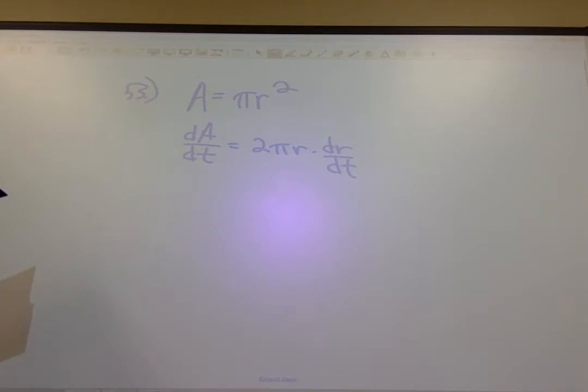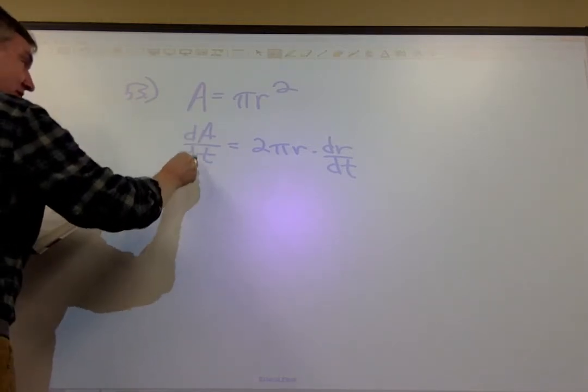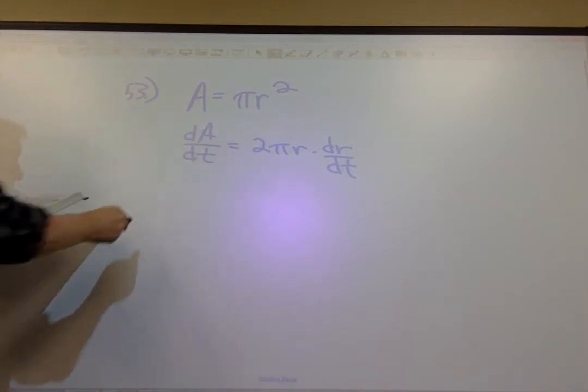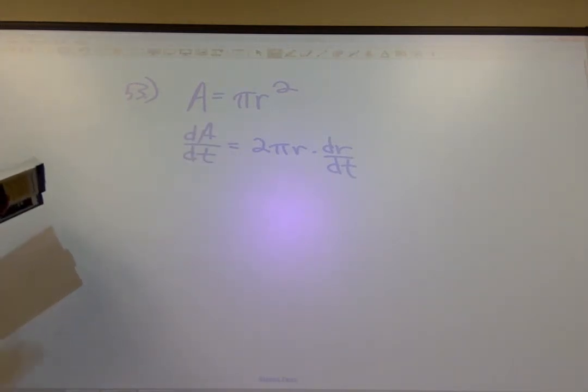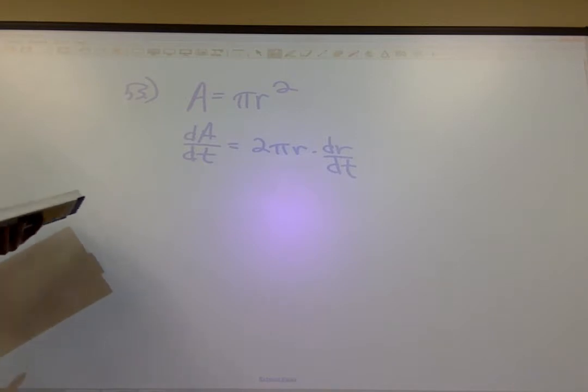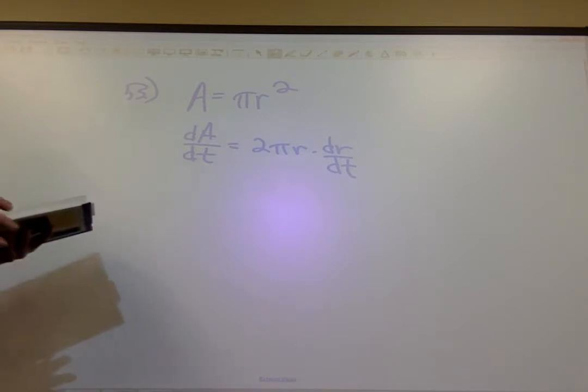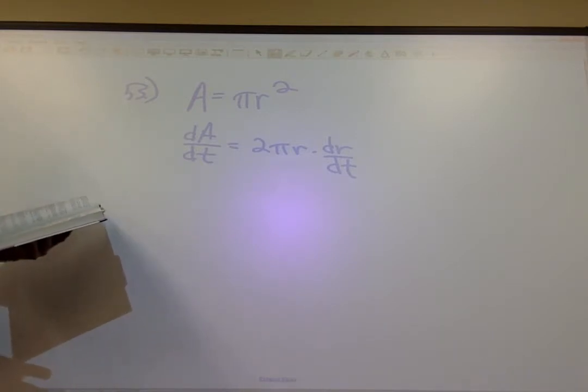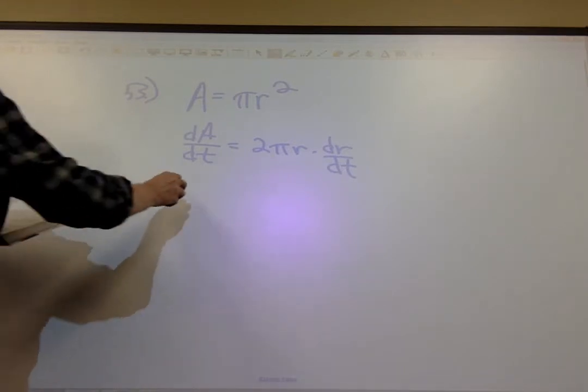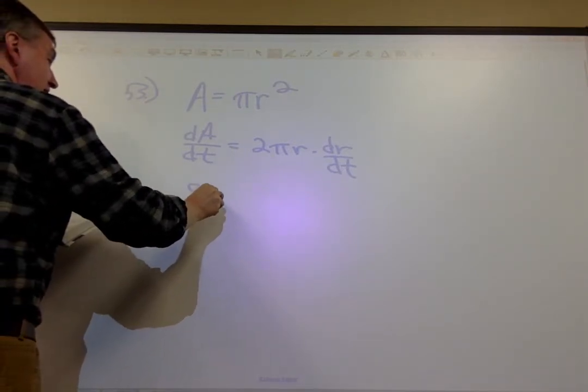When the area is 1,600 pi square feet and increasing at the rate of 80 pi square feet per second. What is the 80 pi square feet? Which of those? Is this 80 pi? dA/dt, how quickly the area is increasing of that circle? You see what's happening? That oil is going out in all directions in a circle, right? So it's increasing at that rate, 80 pi